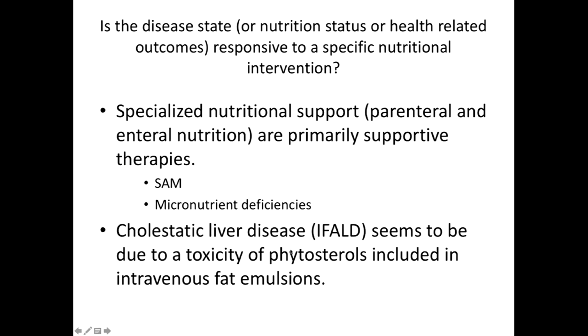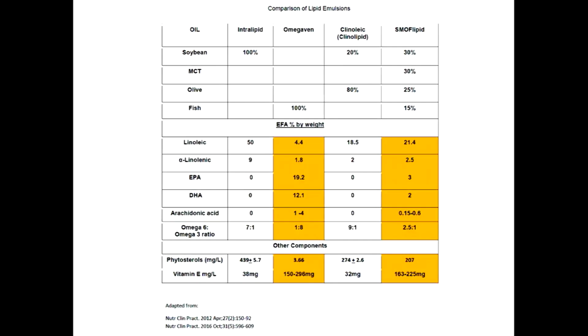A lot of data has occurred recently with respect to the prevention and treatment of intestinal failure-associated liver disease. I would argue that it seems to be related largely to a toxicity of additives that are included in intravenous fat emulsions. As many of you know, Intralipid and now more recently Clinolipid are the two FDA-approved fat emulsions for the management of long-term parenteral nutrition. Our center and others have led the way with evaluating the effect of fish oil, or intravenous omega-3, in the biochemical treatment of cholestatic liver disease.